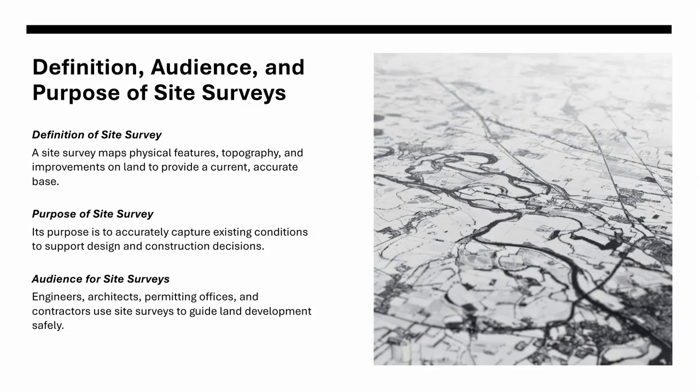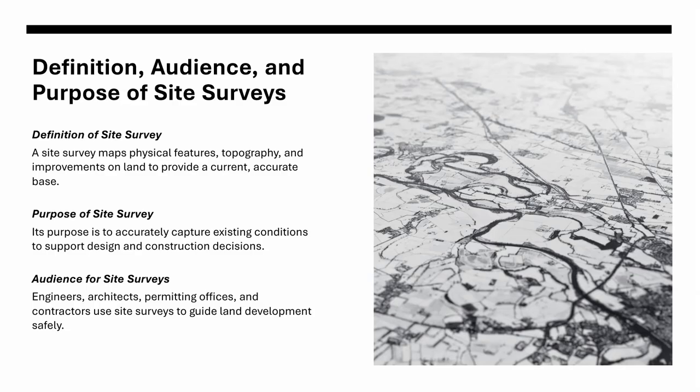Most often, it is engineers and architects. They need to know the slope of the land before they design a subdivision. They need to know where the existing water lines and sanitary sewer mains are before they plan a new commercial development. They need to know where trees stand, where ditches drain, and where easements cut across, and where the pavement